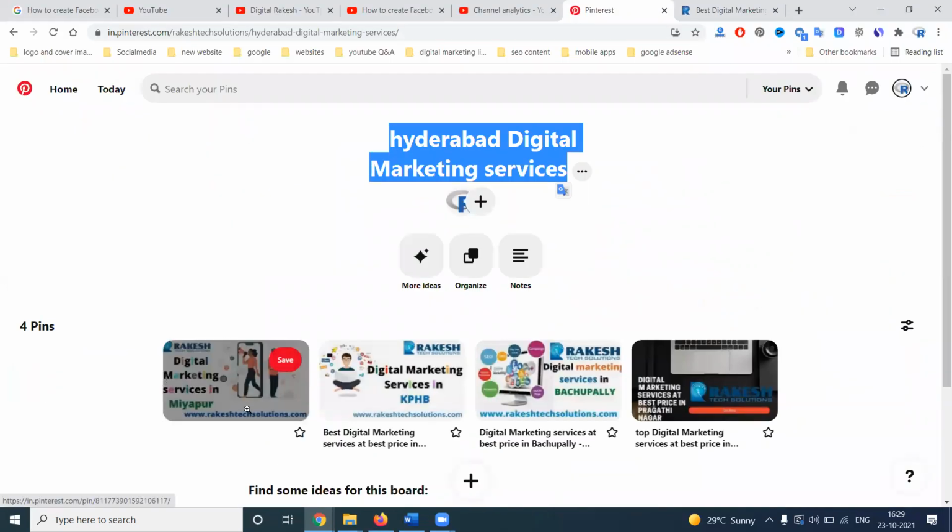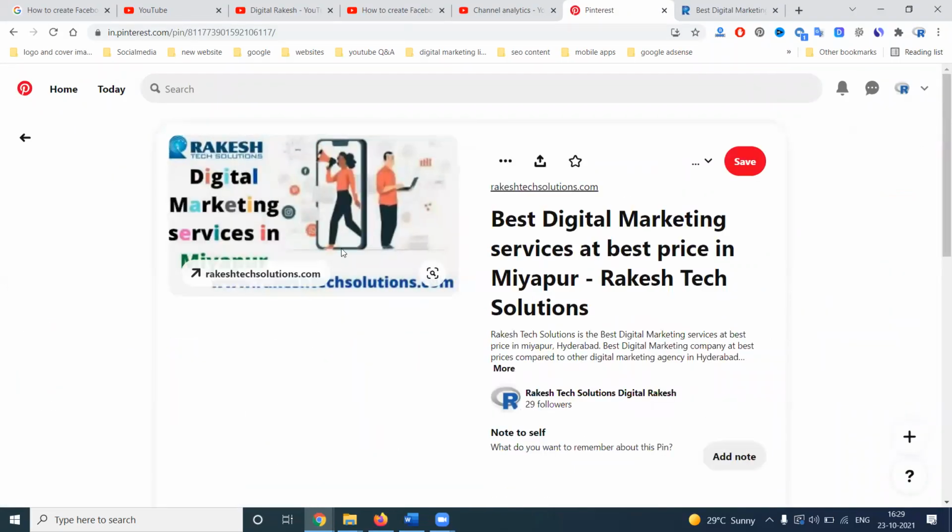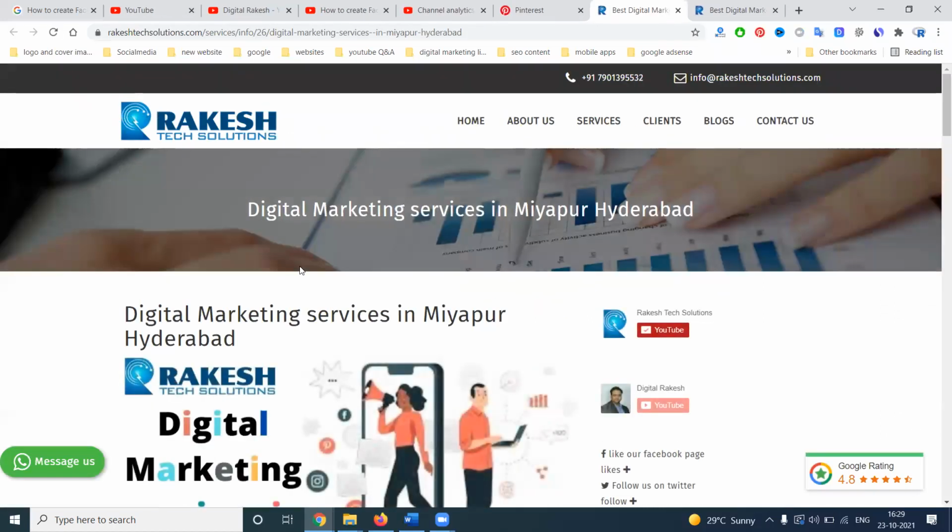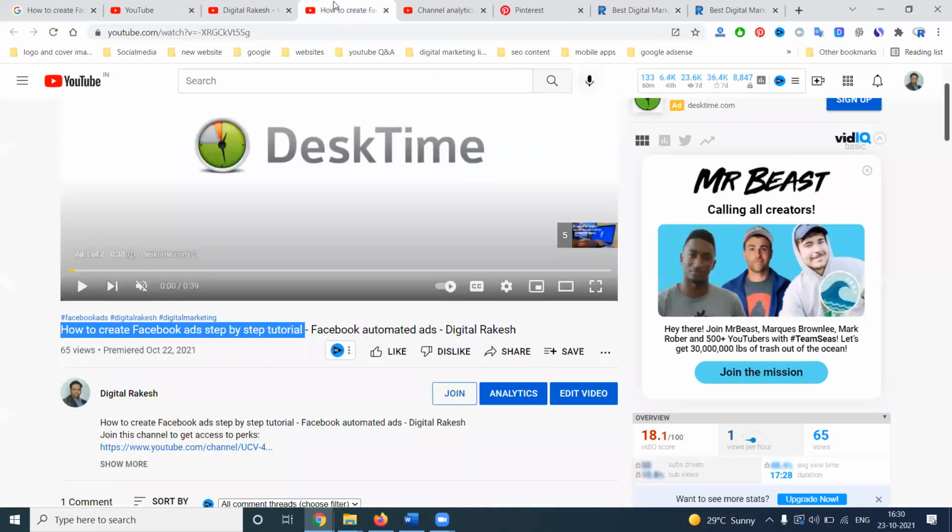So how to show it to the customers? Major question. When people click here, they click the link. They go to the website. First they go to Pinterest. Pinterest will give referral traffic to your website and your YouTube channel. Both options. But a compulsory important option is that you have to install the Pinterest toolbar. One link, one image will be the same for the number of keywords. Here this link is same. What we can change is the number of keywords.